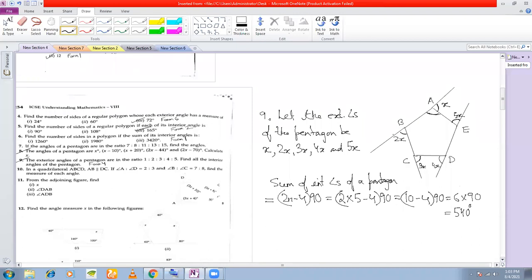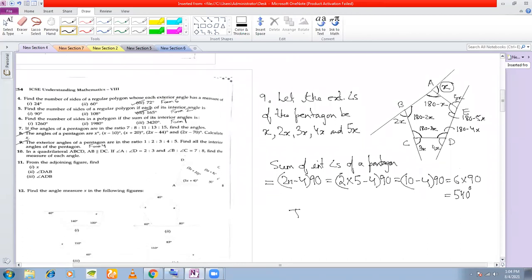Now what will be each of the interior angles? If this exterior angle is x, what will be this interior angle? 180 minus x, right? What will be this interior angle? 180 minus 2x, isn't it? This one, 180 minus 3x. All of you agree? Yes. This will be 180 minus 4x. And this will be 180 minus 5x, right? So you can write the interior angles